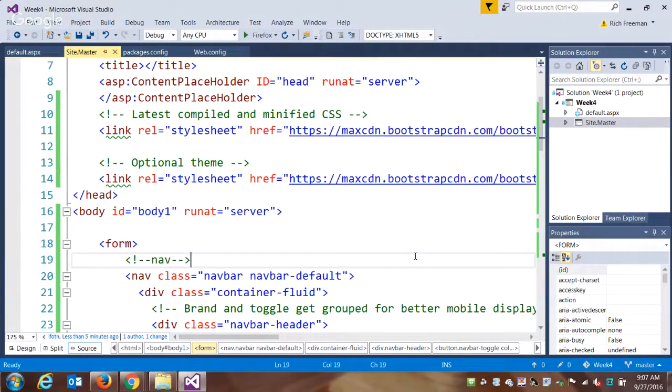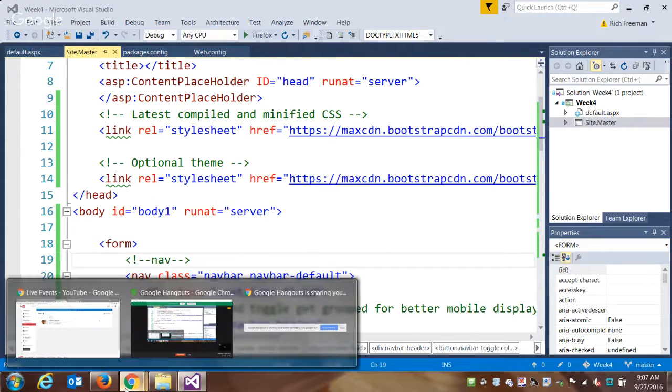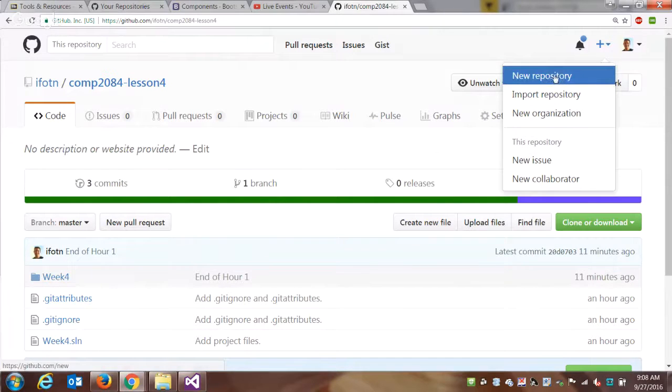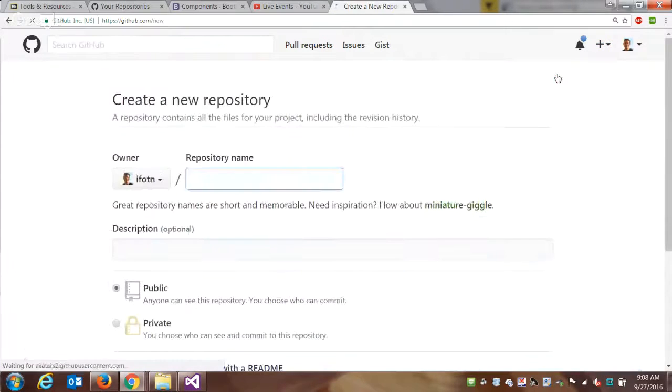So everybody should have a GitHub account by now. If you don't, you need to go to github.com right now and sign up for a free account. Once you're on GitHub, let's create a new repository for today's class. So you just need to click on the plus sign, choose new repository,